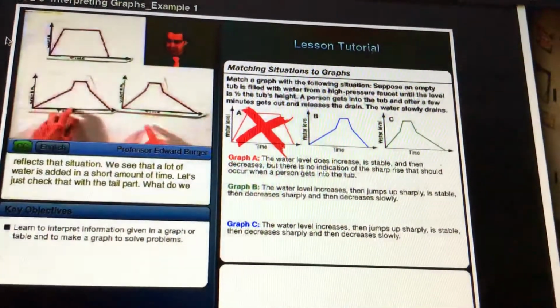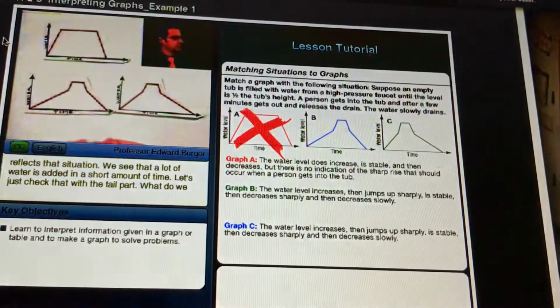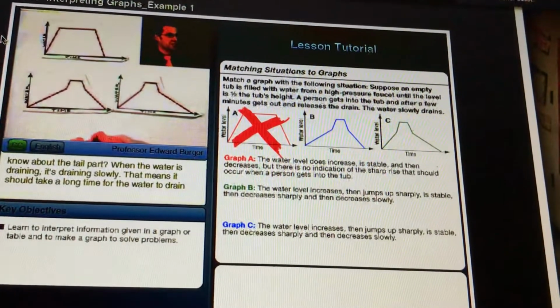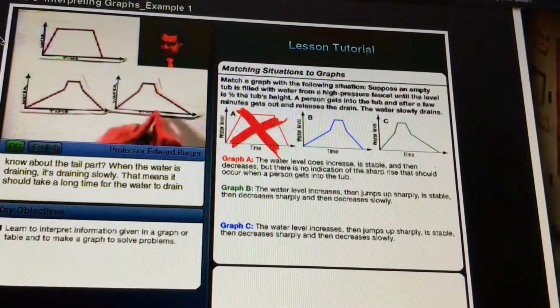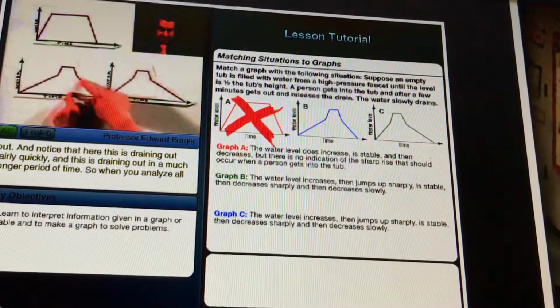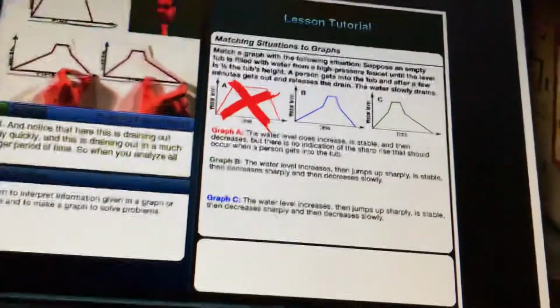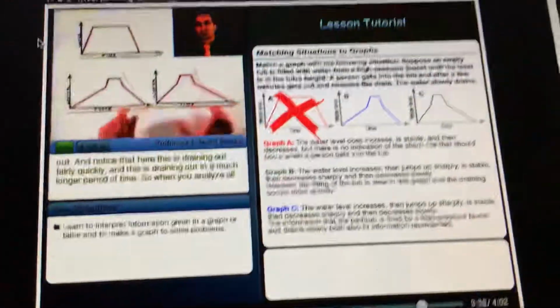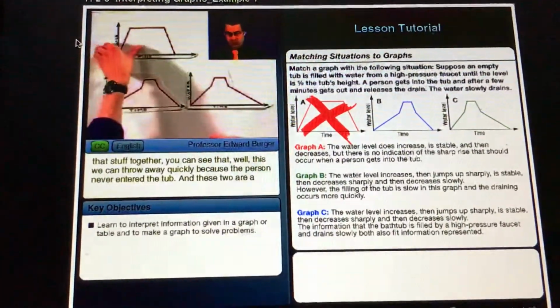Let's just check that with the tail part. What do we know about the tail part? When the water is draining, it's draining slowly. That means it should take a long time for the water to drain out. And notice that here, this is draining out fairly quickly, and this is draining out in a much longer period of time. So when you analyze all that stuff together, you see that, well, this we can throw away quickly